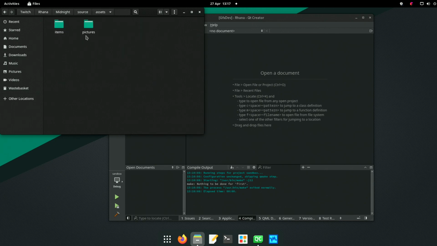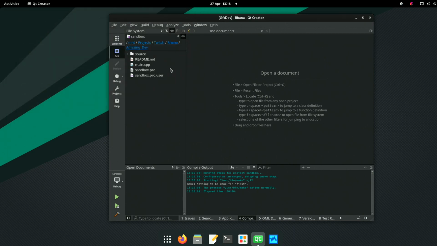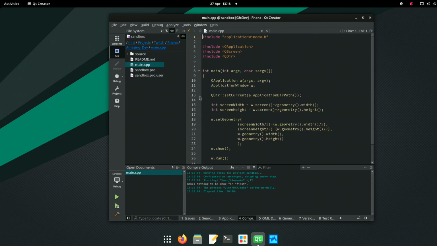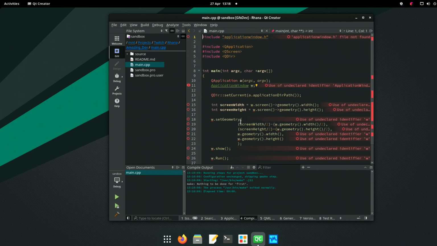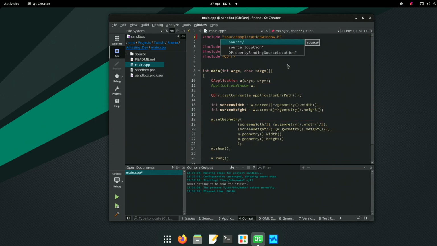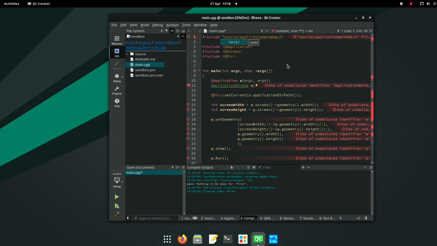Oh damn. Oh, the picture's here as well. Yep, that picture's here. So I have copied it over fully. So main is going to be looking for something that doesn't exist. Application.window isn't there anymore. It's in source forward core. Yeah, it knows.